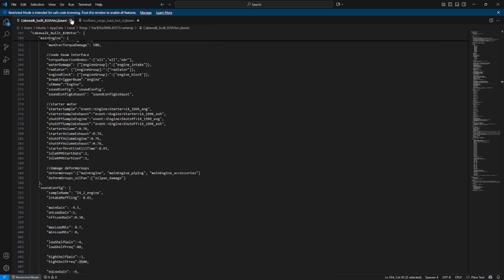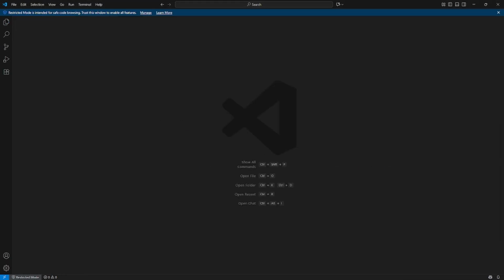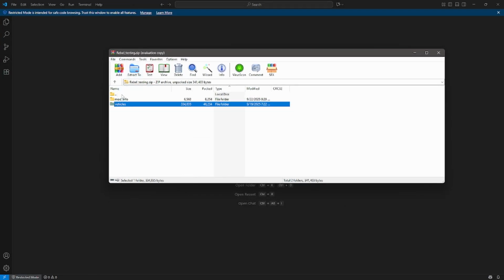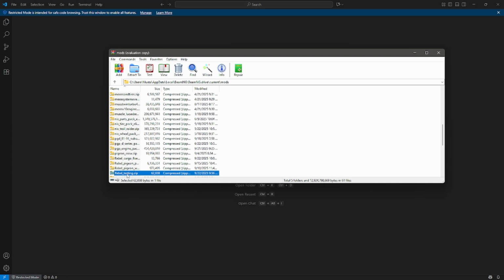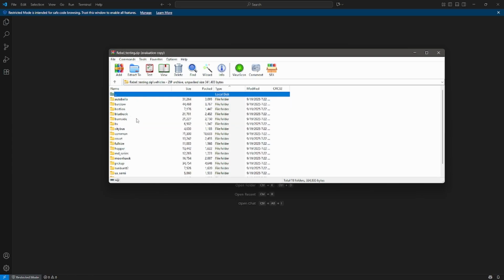From there, we can go to, I don't want to save that. I didn't make any changes. We can pull open, let's say, I believe I have them open here, my transmissions. Transmissions are basically the exact same thing. In this case, I will pull this open here so you guys can see it. This is my testing version of my mod. I'm going to go into my vehicles. In this case, I'm going to pull open